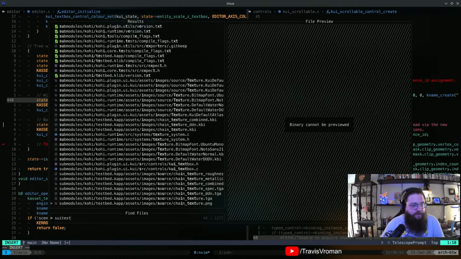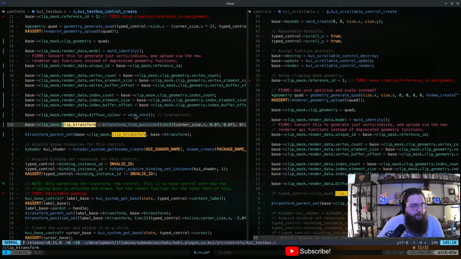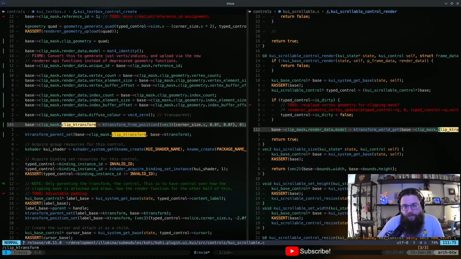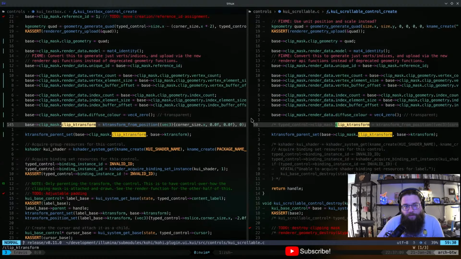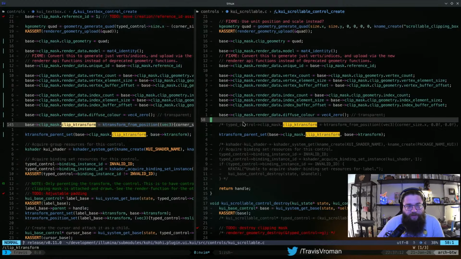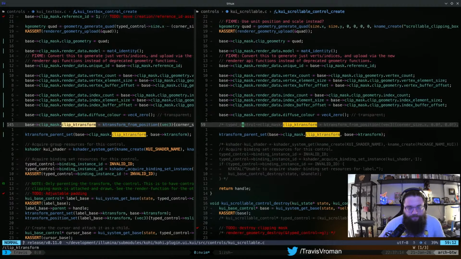KUI text box. We don't actually set up the transform. It's commented out. That might do it. All right, base. Oh, we commented out because of corner size. So